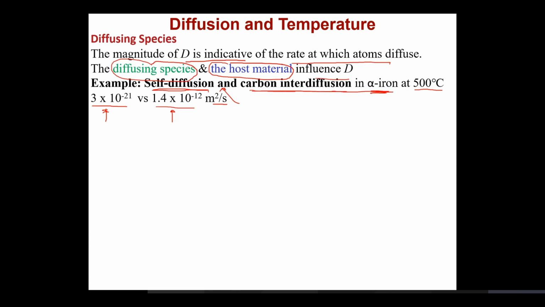एक process है जिसमें carbon is diffusing into itself, and the other is where carbon is diffusing into iron. Carbon iron में diffuse हो रहा है. Which coefficient or which diffusion coefficient would represent which process? दो जो वैल्यूज हैं इसमें से कौन सी वैल्यू कार्बन की सेल्फ डिफ्यूजन के लिए होगी और कौन सी कार्बन की आयरन? जी सॉरी कार्बन सर, सॉरी कार्बन के लिए 3 × 10⁻²¹ होगी, अच्छा